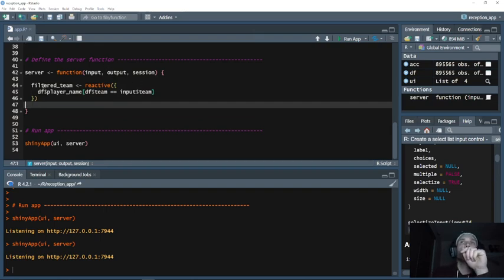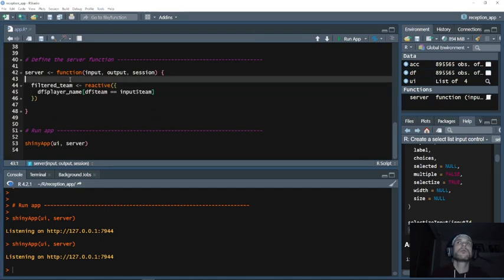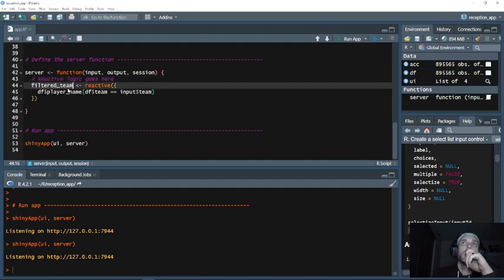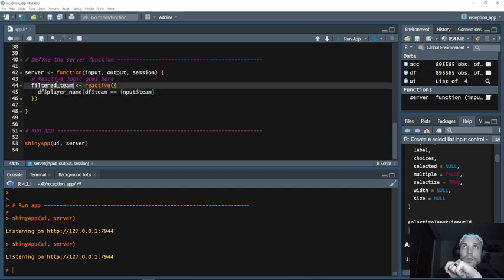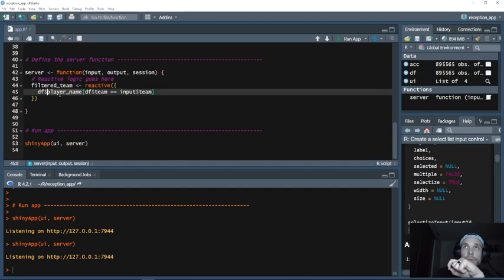What you want to do is put in reactive logic. Reactive logic goes here. So basically what this says, I'm creating something named filtered team. That's what that is. I'm creating filtered team. When